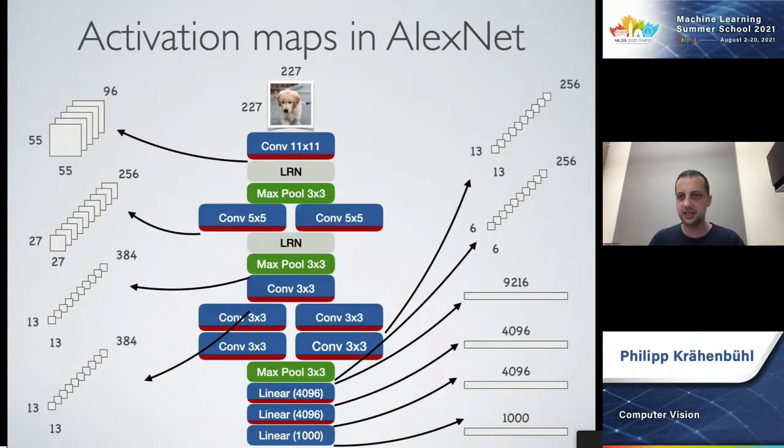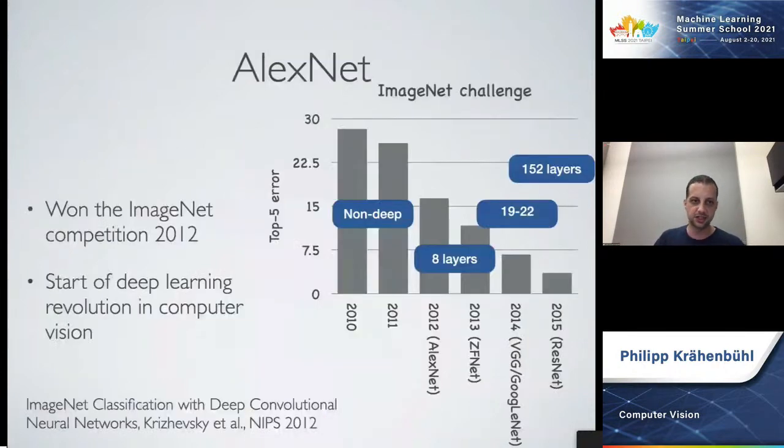In the end of AlexNet, there's also a couple of special layers that are no longer used nowadays: a layer that flattens everything into a fixed size feature representation, and then it goes through a couple of linear or MLP layers. AlexNet is really the one big success story in deep learning and computer vision. And it won the ImageNet competition in 2012.